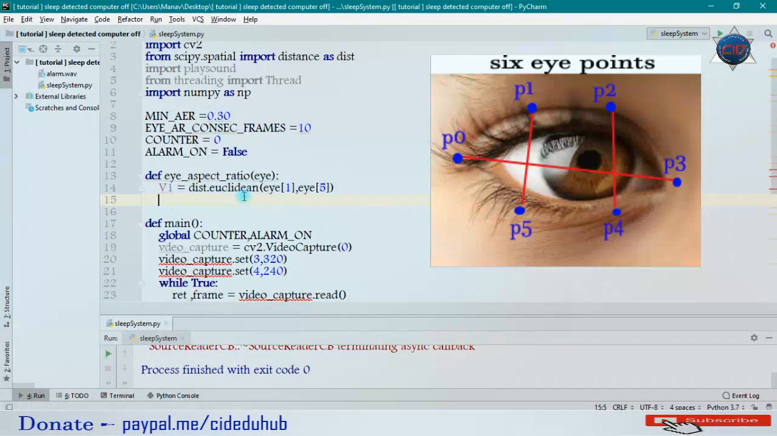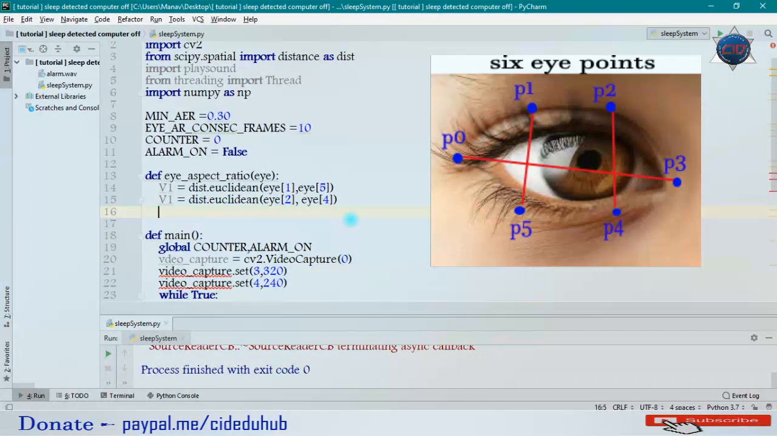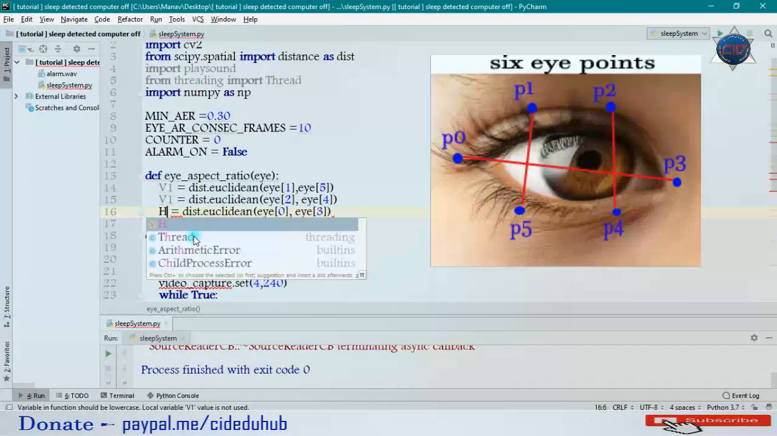Okay, and it will be the same for vertical line second number. So I'll just copy it and paste it down here, and I will pass here the same thing, but we'll change the index with 2 and 4. As you can see in this image that these are the indexes of this vertical line, and now it will be the same for our horizontal line, and I'll just change it to 0, and here let me change it to 3, and I will name it as H. Okay,